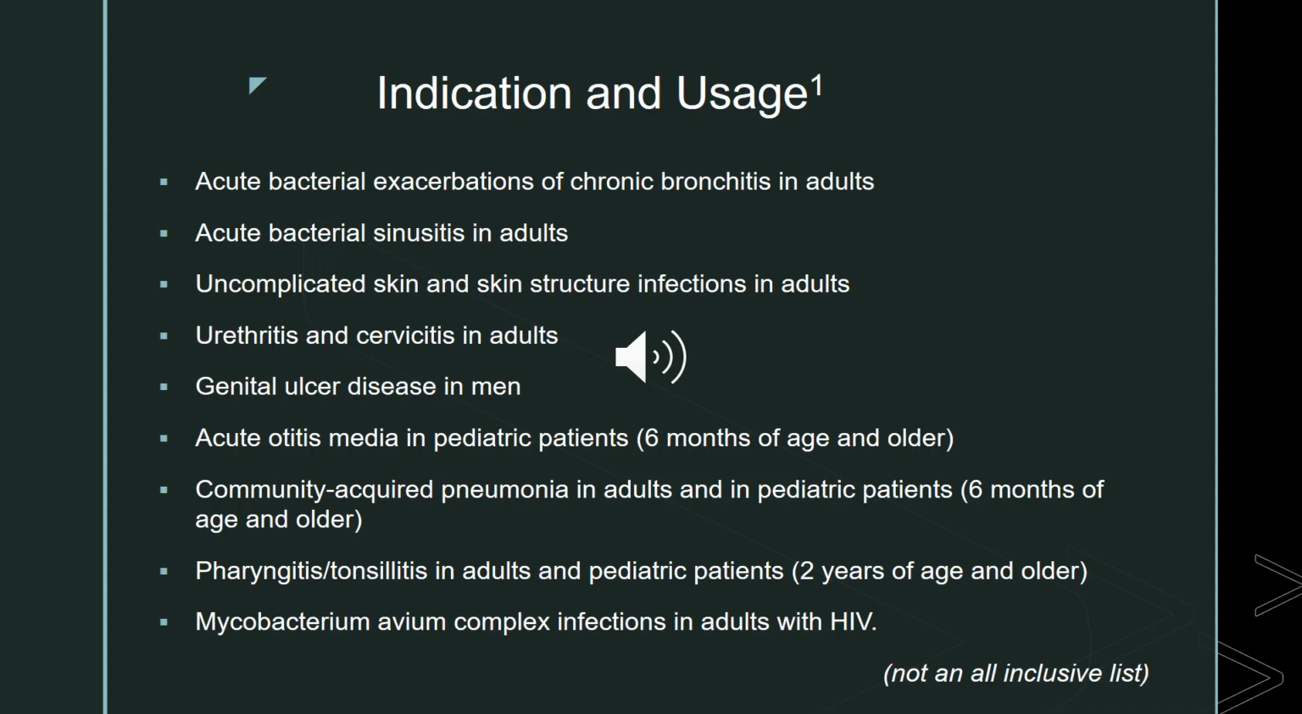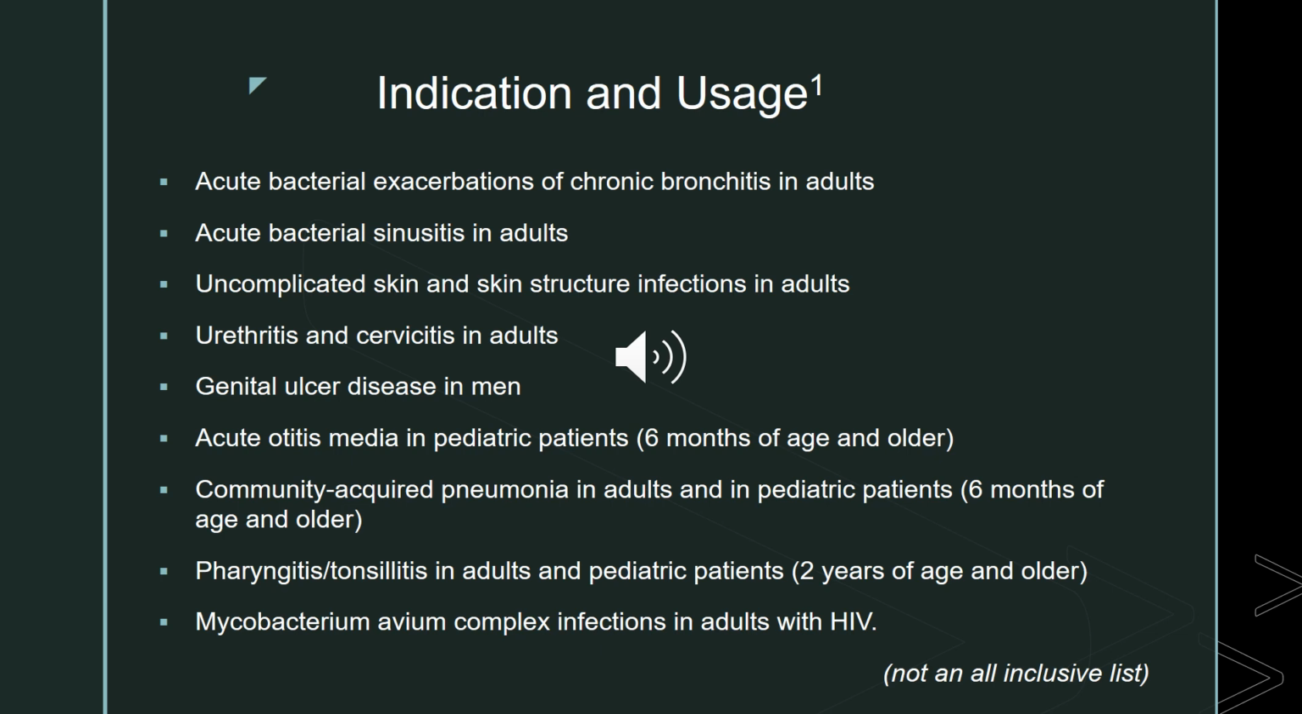On this slide, I wanted to list some of the indications and usages for azithromycin. And this is not an all-inclusive list, but it is a pretty comprehensive list. It can be used for acute bacterial exacerbations of chronic bronchitis in adults, acute bacterial sinusitis in adults, uncomplicated skin and skin structure infections in adults, urethritis and cervicitis in adults, genital ulcer disease in men, acute otitis media in